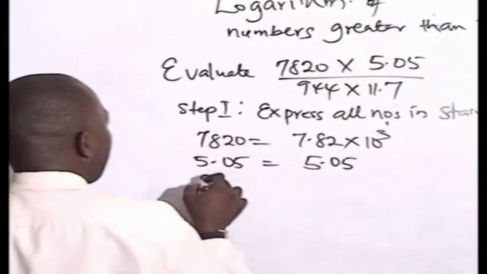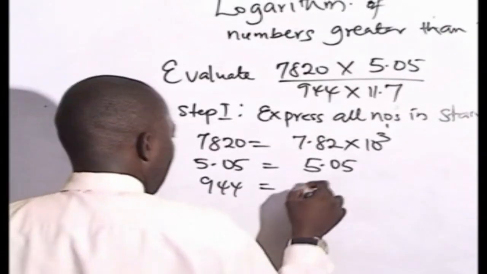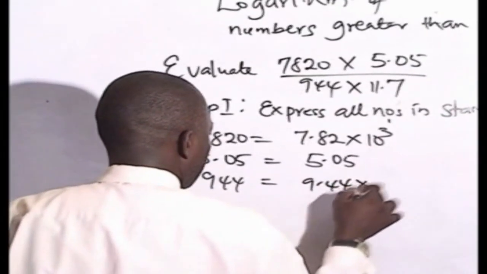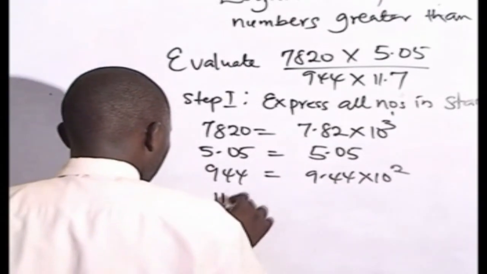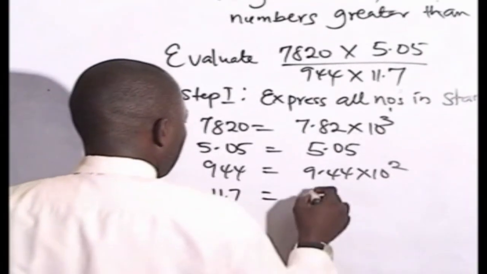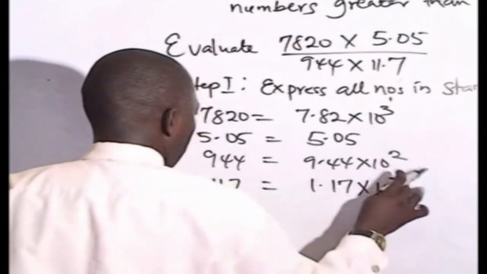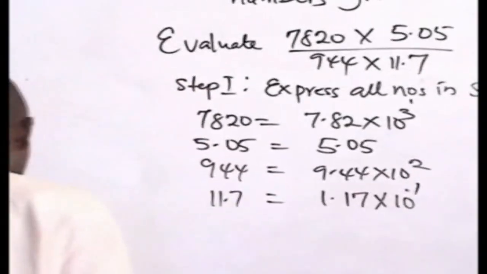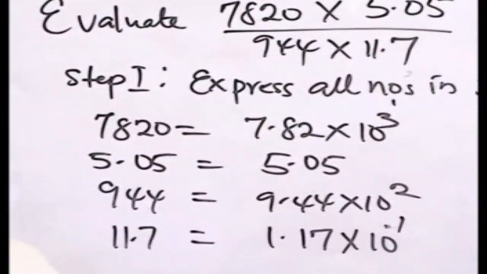The third one, 944, is expressed as 9.44 times 10 raised to power 2. And again, the last number, 11.7, is expressed as 1.17 times 10 raised to power 1. Now, this is the first stage. Then the second step,